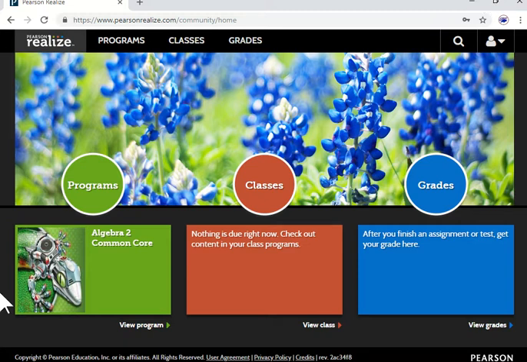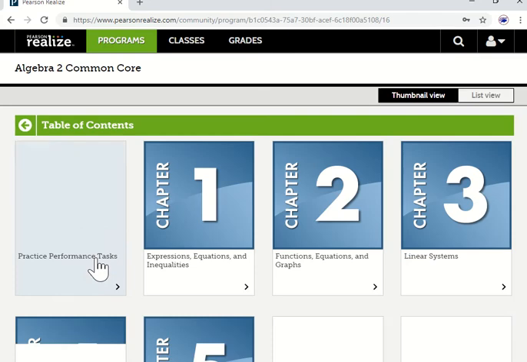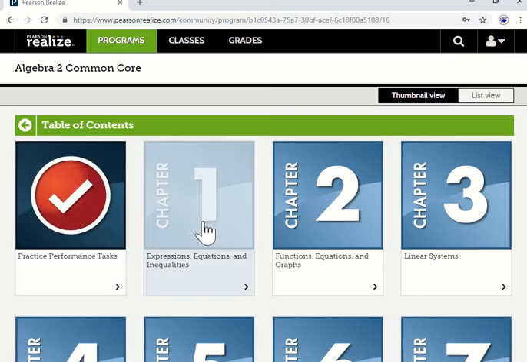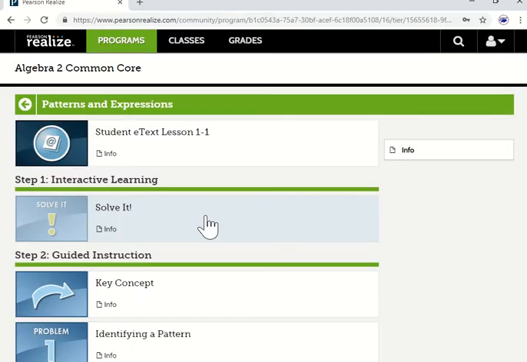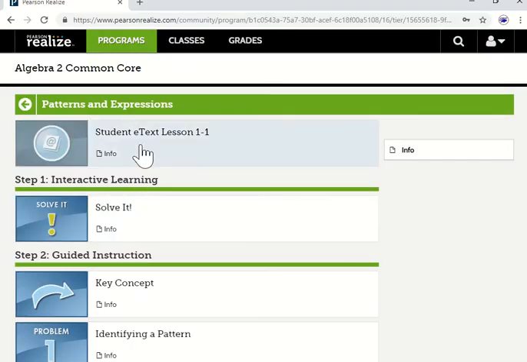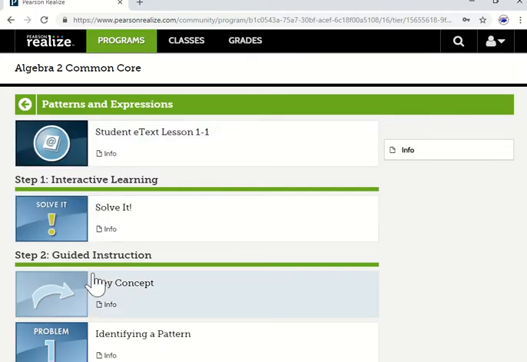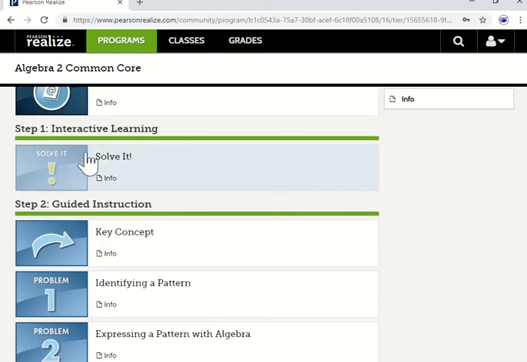But once you log in, you're obviously going to go to the Algebra 2 program, and Chapter 1, because we're looking at patterns and expressions from Lesson 1-1. And here they give you the e-text, and this is what you're going to click to find your homework problem so you can do your homework. But the interactive learning and the guided instruction is all